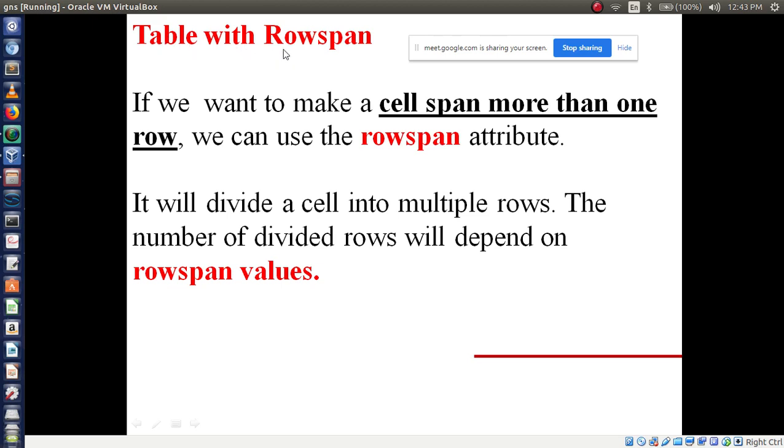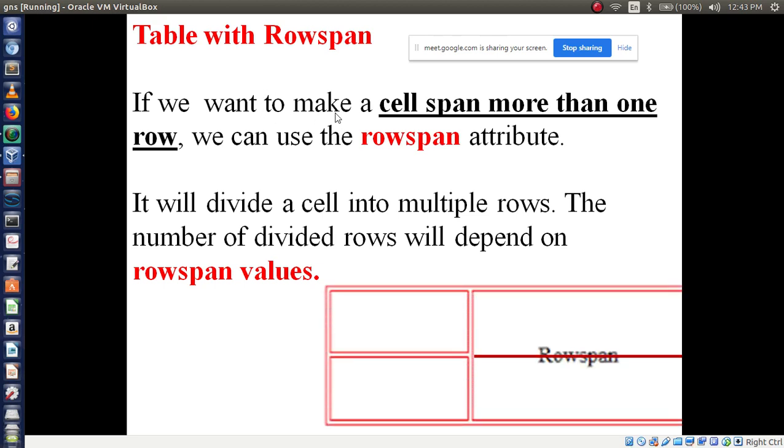What do you mean by row span? If we want to make a cell span more than one row, we can use row span. There are two types of spanning, one is row span, another is column span. So what is the meaning of row span?